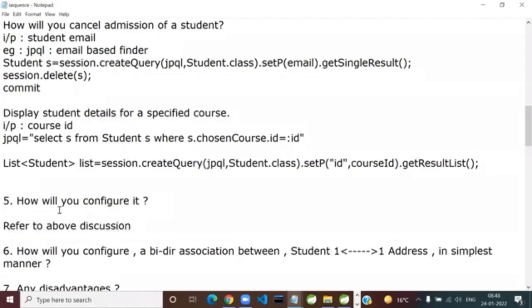That was the next question. How will you configure the unidirectional relationship? Already answered. Getting it, or feeling lost right in the morning? Answer it frankly. Because if you say feeling lost, I'll immediately ask you where you are lost and I can repeat that point. But at the end of the revision, if you ask me to repeat, it is difficult for me. Getting it?